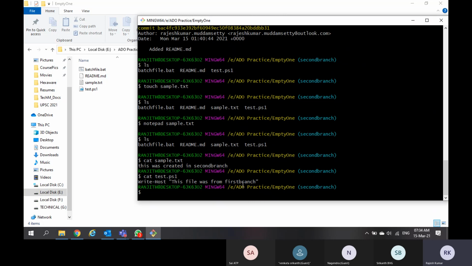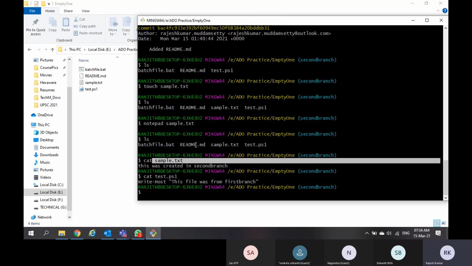This way you can see the content inside a file. For creation of a file, the command is touch. For editing, you can open the file in Notepad with the file name. Once you are done editing, if you want to see the contents, use cat and the file name.